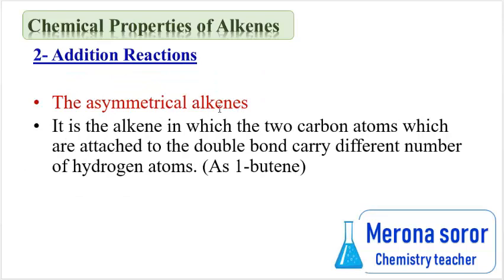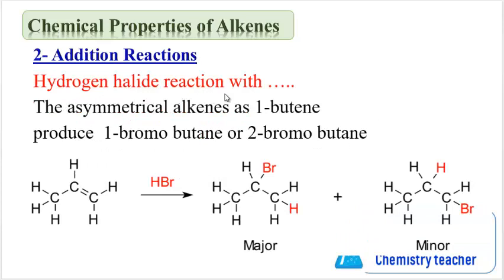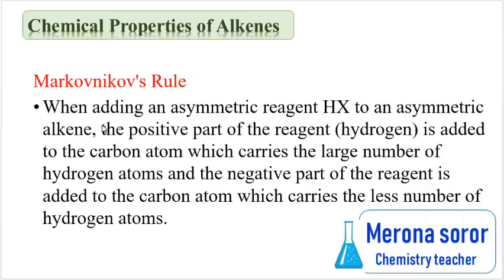The asymmetrical alkene is the alkene in which the 2 carbon atoms attached to the double bond carry different numbers of hydrogen atoms. Hydrogen halide reaction with the asymmetric alkene such as 1-butene produces 1-bromobutane or 2-bromobutane. Markovnikov's rule: when adding an asymmetrical reagent XH to an asymmetric alkene, the positive part of the reagent,